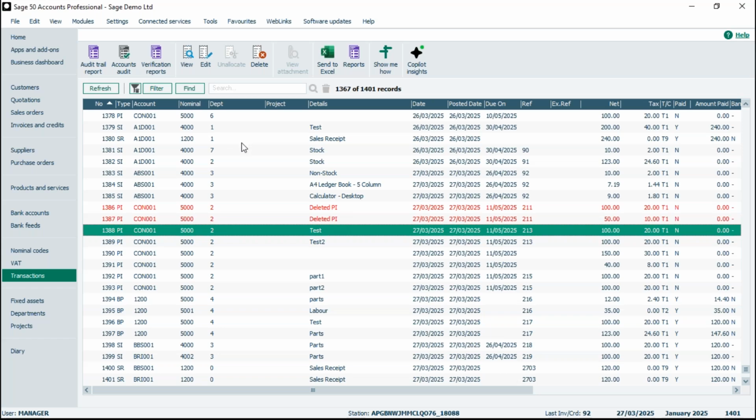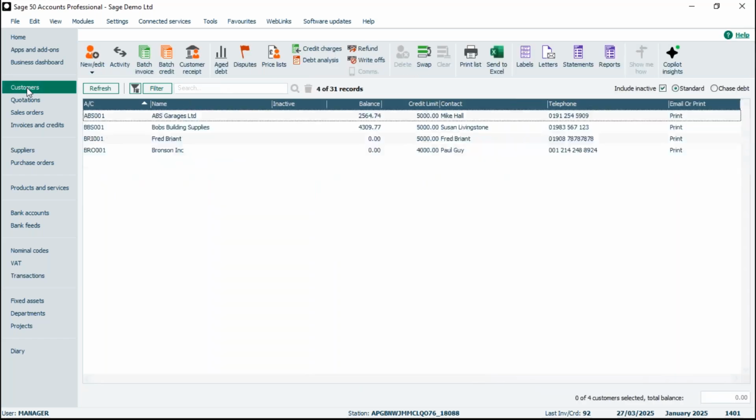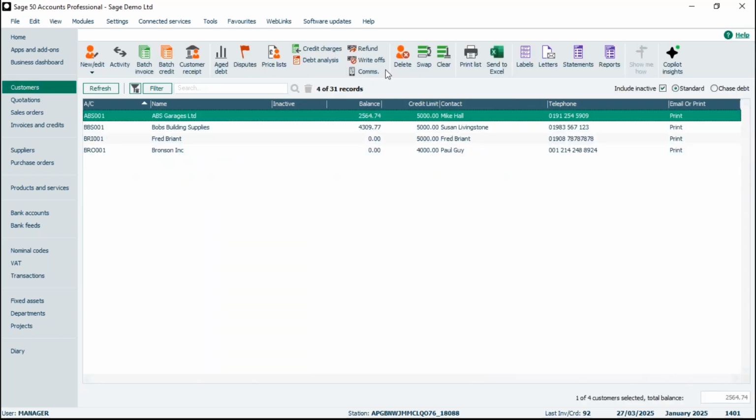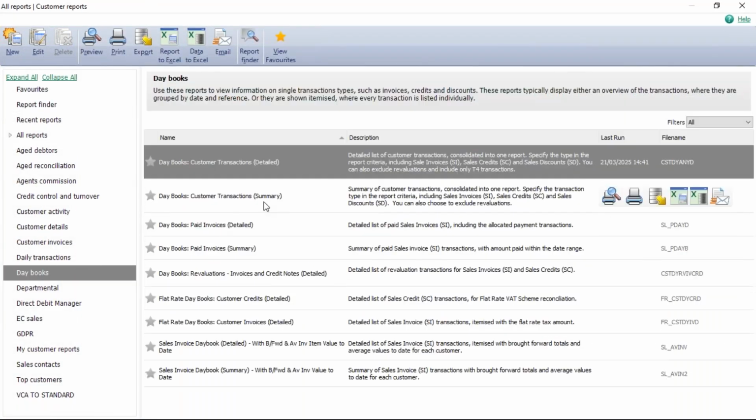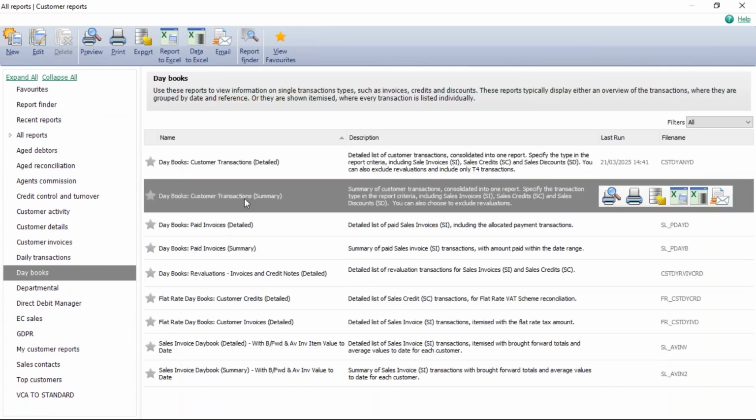And the final thing to quickly pick up on is reporting. So we pop into customers just as an example, and we'll pick on this ABS garages again. That's the one we started with. We'll pop into reports, and if we choose something like a day books report, now we'll start with a summary. If we choose the summary report